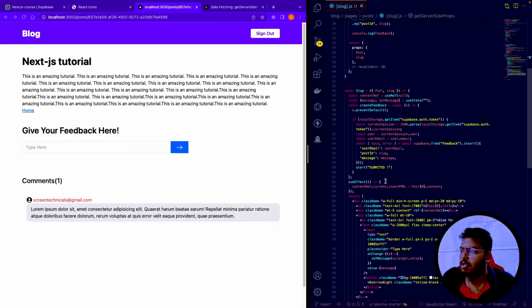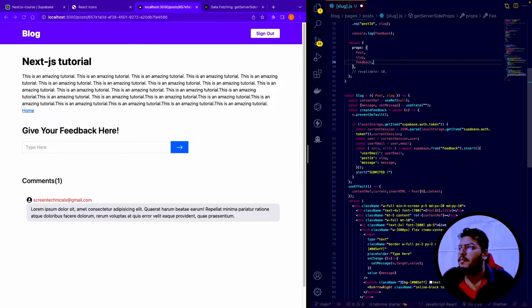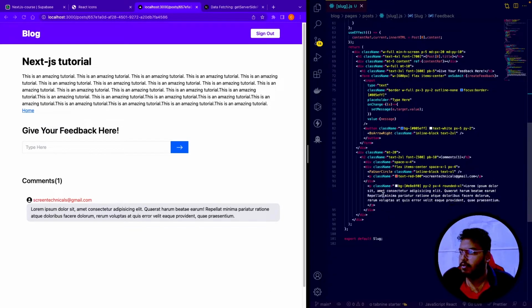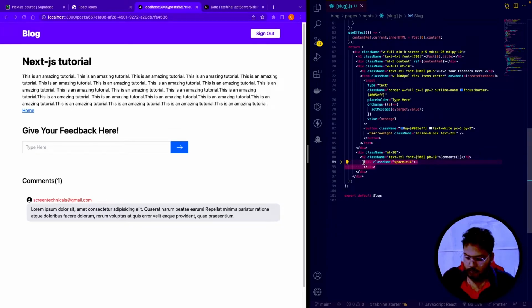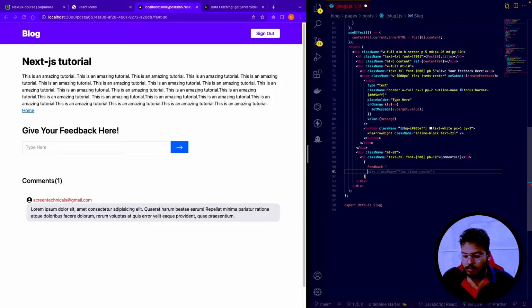Command J, and let's pass the feedback at this point. So it will be like feedback. I'm going to get my feedback at this point. It will be feedback, and I'm going to show my feedback here just like this. So it is just a component, make it like this. It is this thing, command X. So I'm right here, if feedback exists, so I'm right here feedback. If it is, then let's say I can just pass, and right here